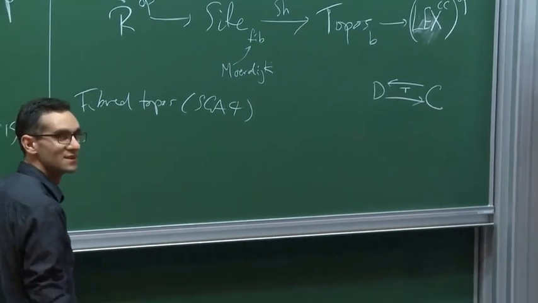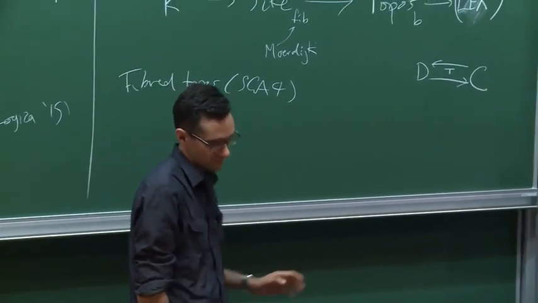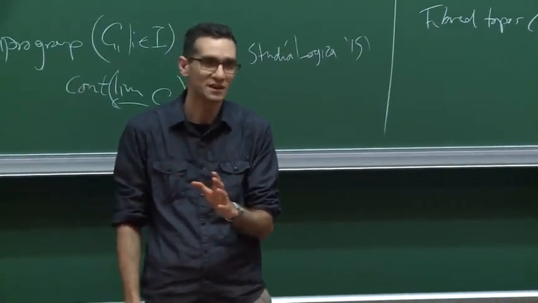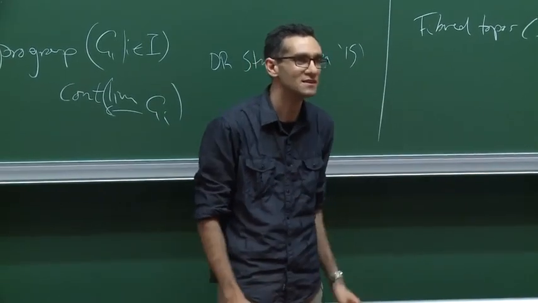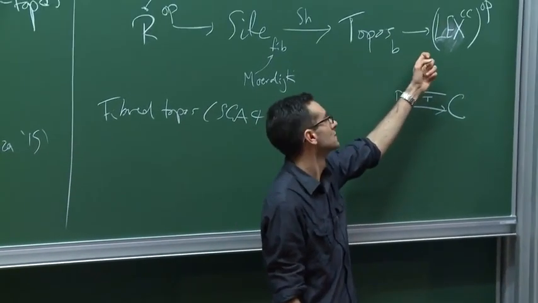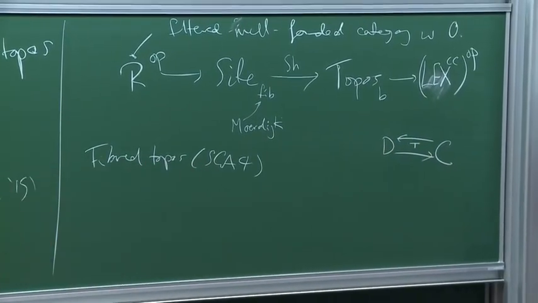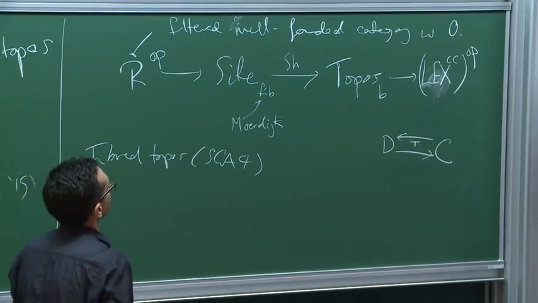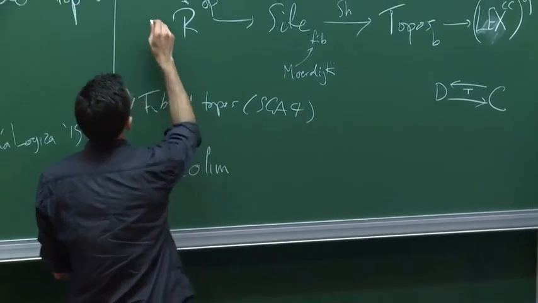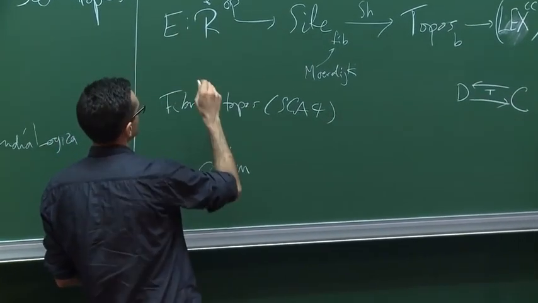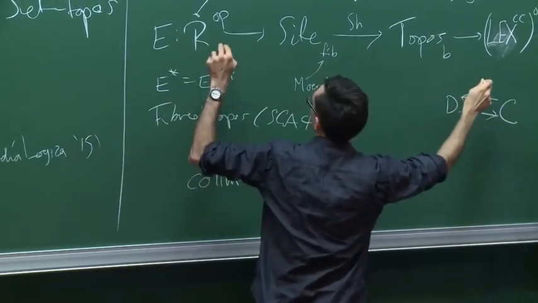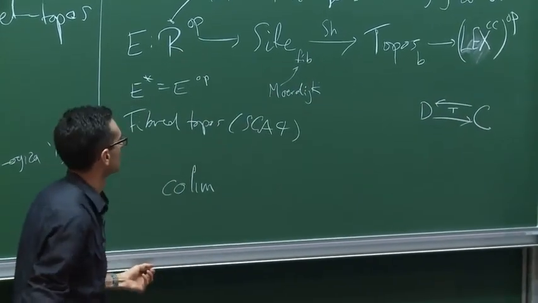So what is lex? Finite limits, colimits. It's what you might call a presentable category, but minus the actual presentability, because these factor through presentable, this algebraic notion. But I want to go to the lex, because what happens next is I take, so let's call this big diagram E, and I let E star be opposite. So R to lex CC.